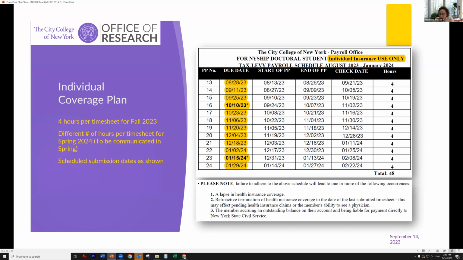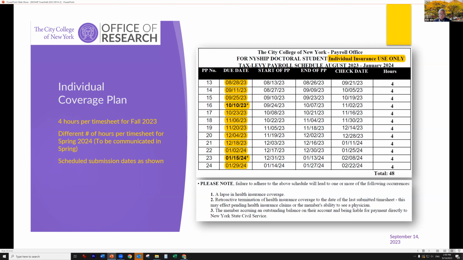Can you explain why? The reason is, for example, it's 4-4-4-4. If they put 1 and 5, then the pay period of 1 hour will not generate enough payroll check to pay for their